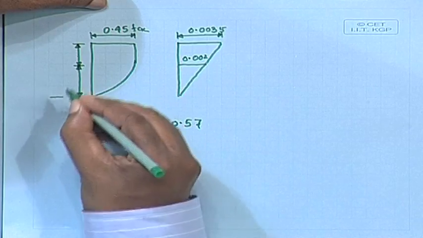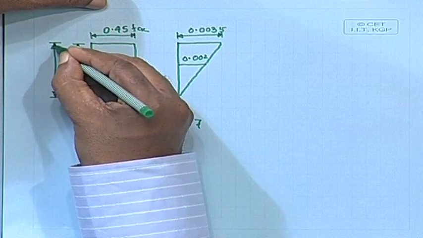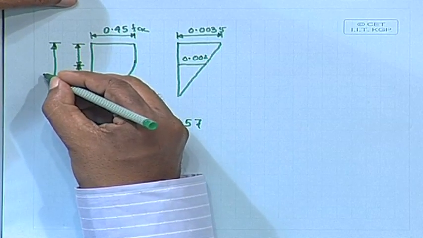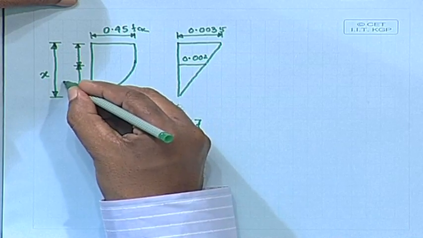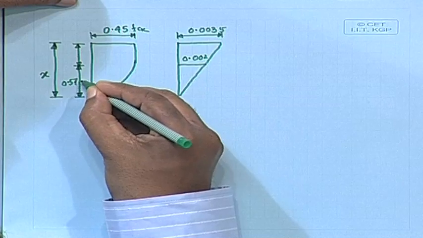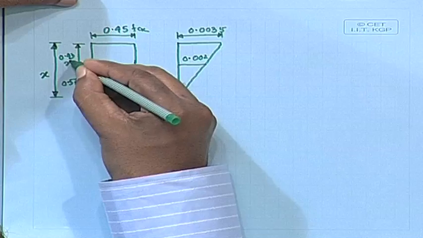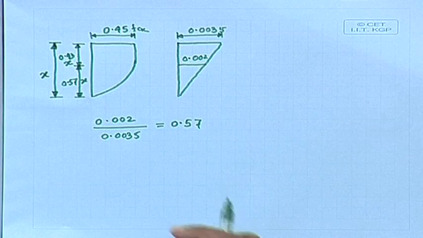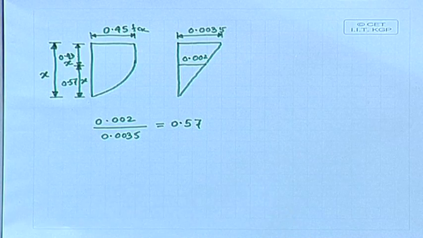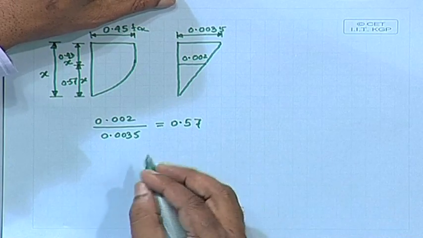If we take depth of the neutral axis from the maximum compressive stress side x, this is 0.57 x, and this one 0.43 x. So, 0.57 x and 0.43 x. We can write down